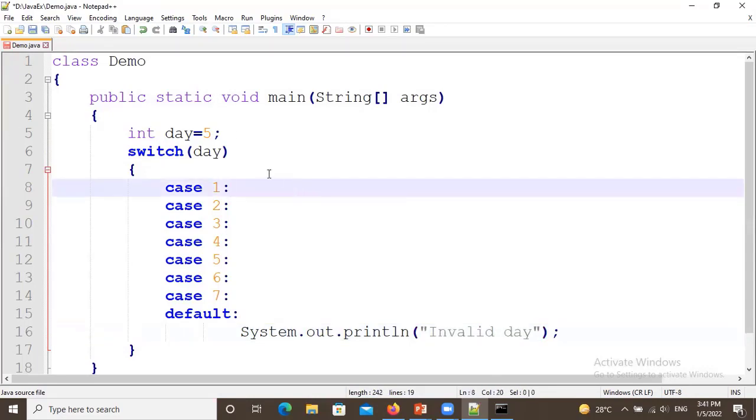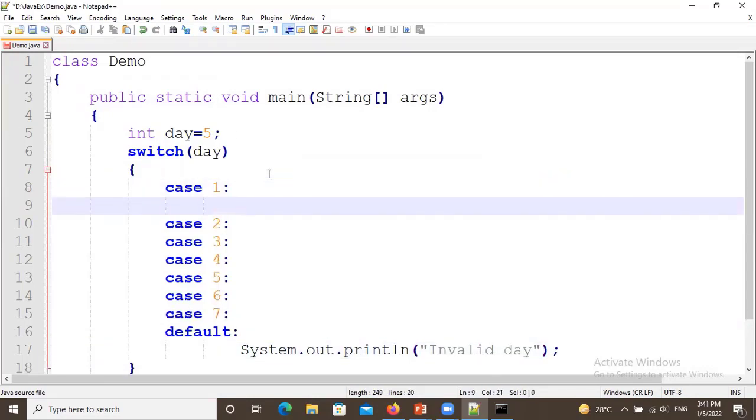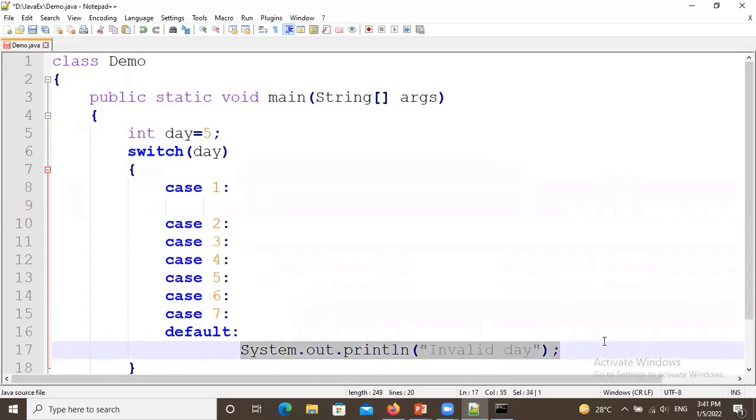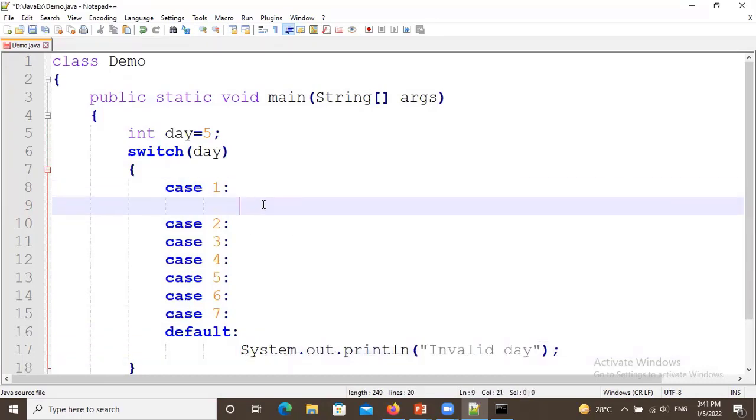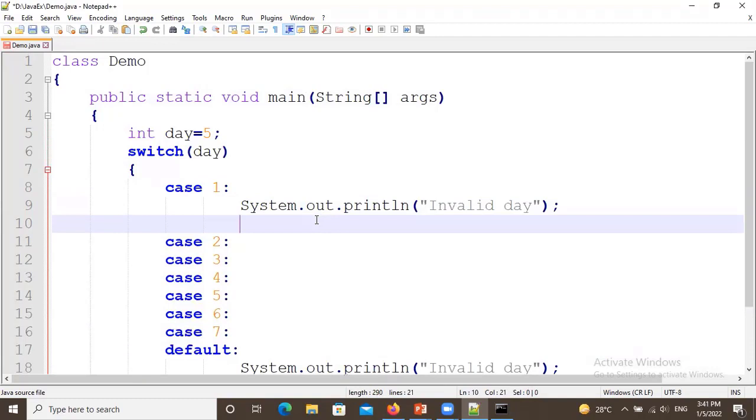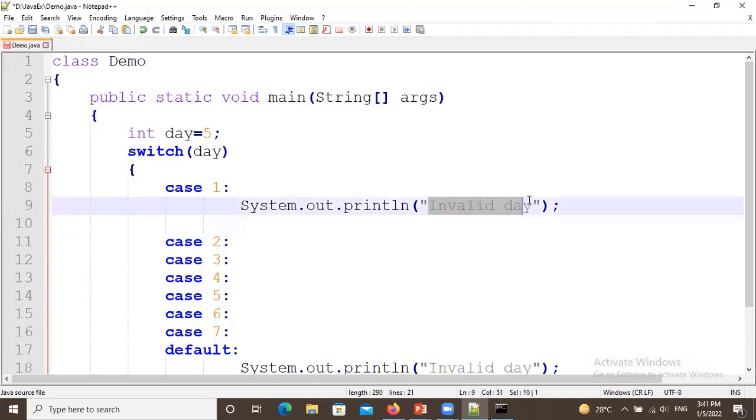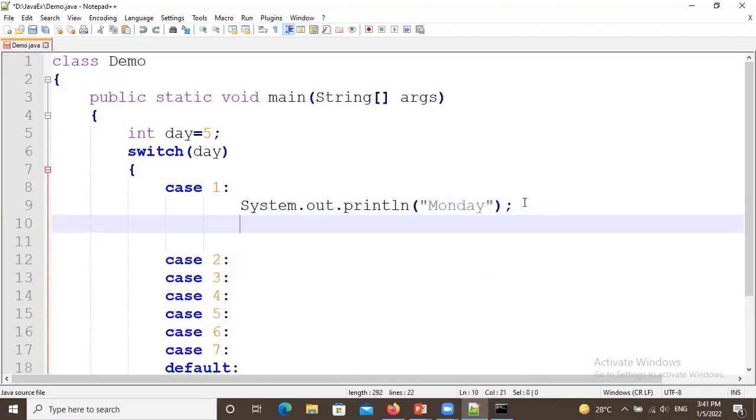So if there is a case 1, it will print Monday. Then there is a break statement.